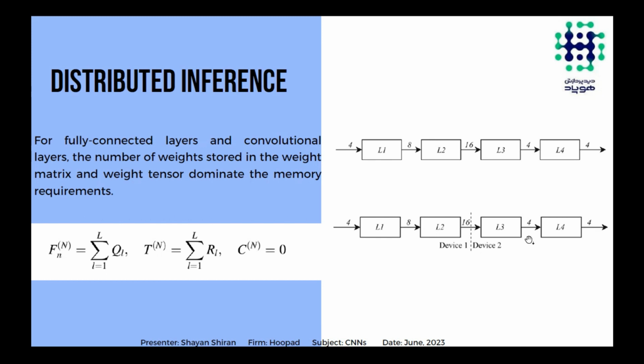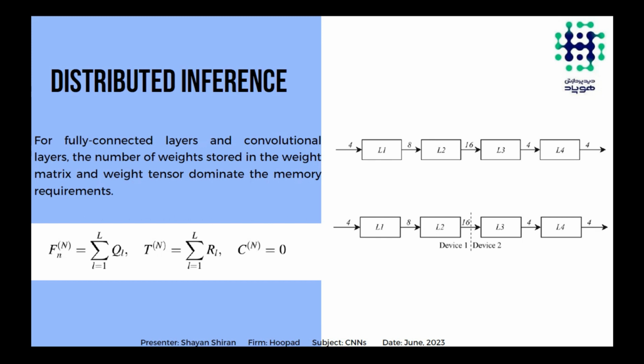So we have 16 layers... no, not 16 layers. The output size is 16. For example, we have 16 neurons, we can say. That's the size of it, not the layers. These are the layers, and the layers are denoted as L. They are fed to the next layers. The numbers that you see here are the input and output sizes of the layers.